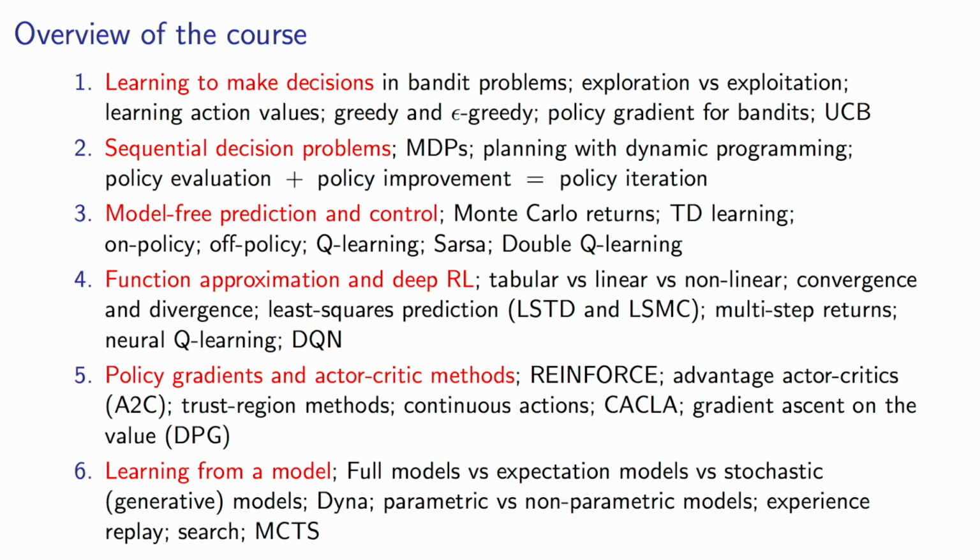We also discussed multi-step returns, and I'll return to that in this lecture as well. Neural Q-learning, and as a specific instance of that, DQN, which is short for deep Q networks. It's a generic term in a sense, when you have a deep network that represents a Q function, but DQN has also come to refer to the specific algorithm that was run on a suite of Atari games and got good performance there, which used indeed a deep neural network to represent the action values. But it had a couple of other components as well.